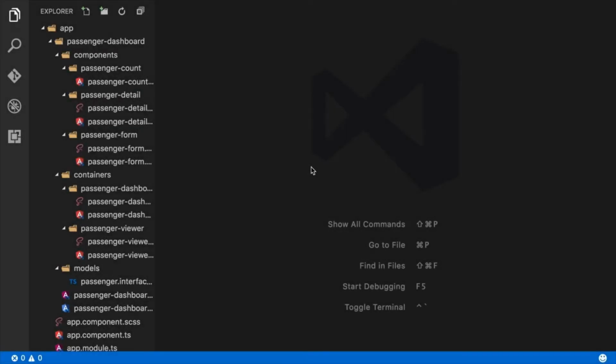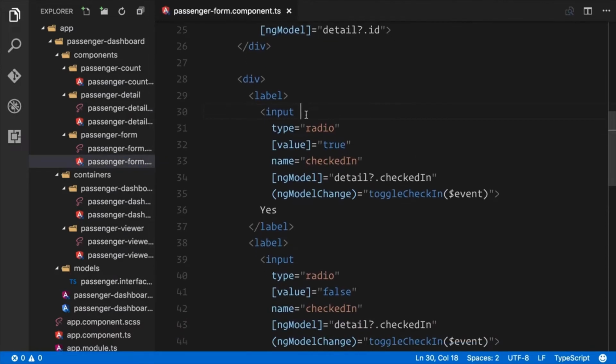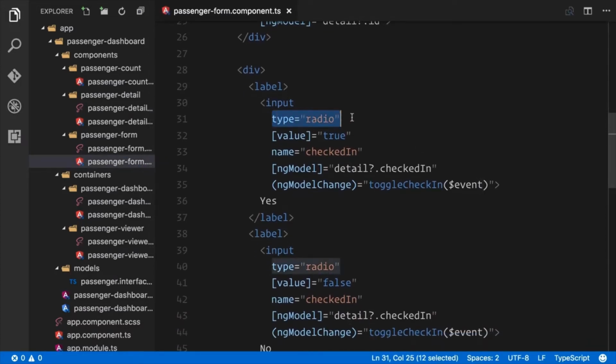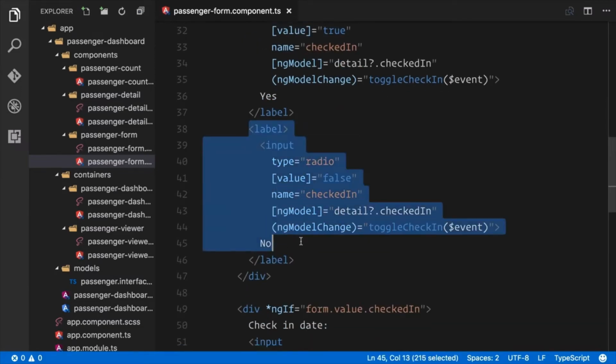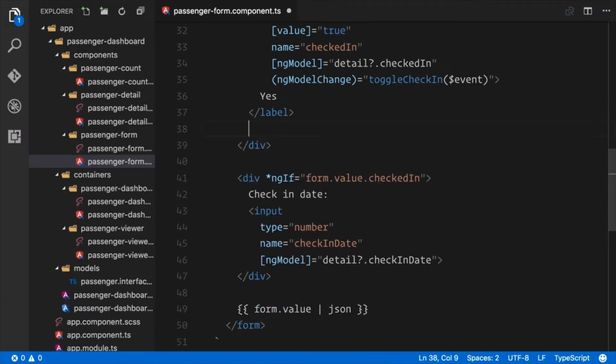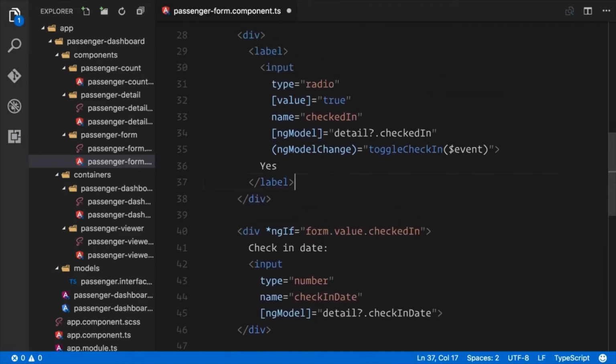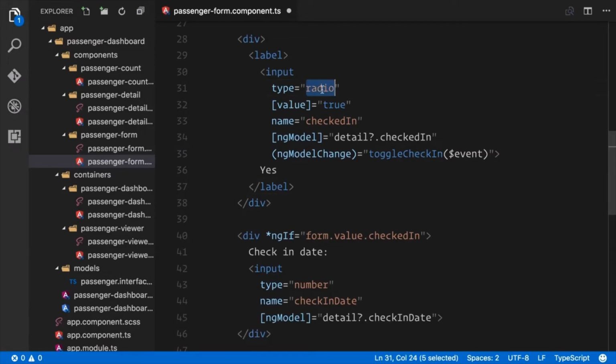In this video, we are going to learn how to bind to a particular checkbox. Now, a checkbox is fairly simple. It either returns a false or a true value. Once checked, it's true. Once unchecked, it becomes false. So what I want you to do is jump into the passenger form component. Now, in the previous video, we set up these radio buttons. Now, what we'll do is actually delete the last radio button, and we're going to convert this one to a